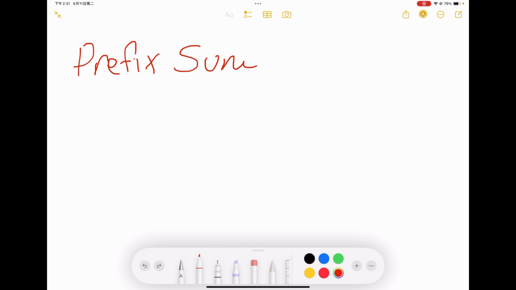Hello everybody, today we are going to talk about the concept of prefix sum. So what is prefix sum? Prefix sum is a technique used in coding to calculate the sum of numbers between a certain starting index and a certain ending index. So in USACO, a common question would be, does the sum between index 1 and 5 equal the sum of index between